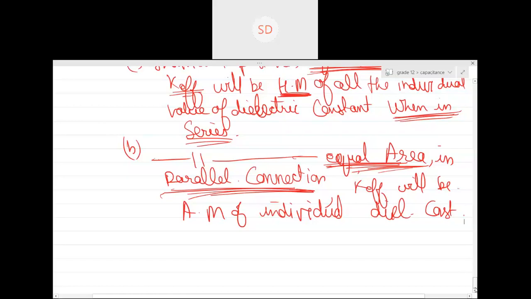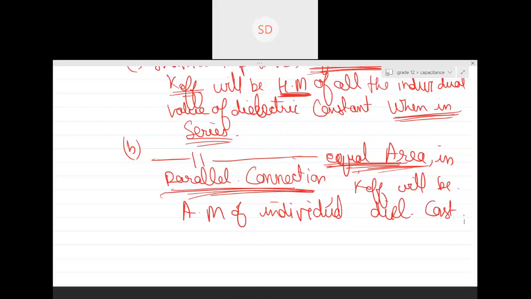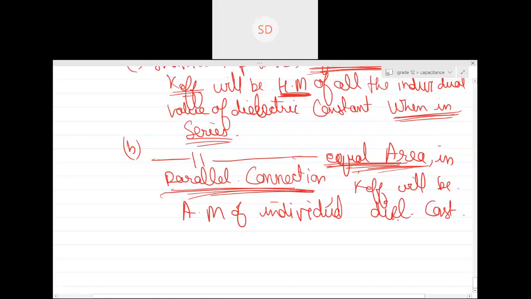Kirchhoff's rule, whether it's a capacitor, a plate or an inductor, everything is together. But since I am not introducing the inductor as of now, for the inductor we'll see later on. Once we deal with the electromagnetic induction chapter, then the inductor will come, not now. So it will take time. Is this clear? Any doubt, guys?